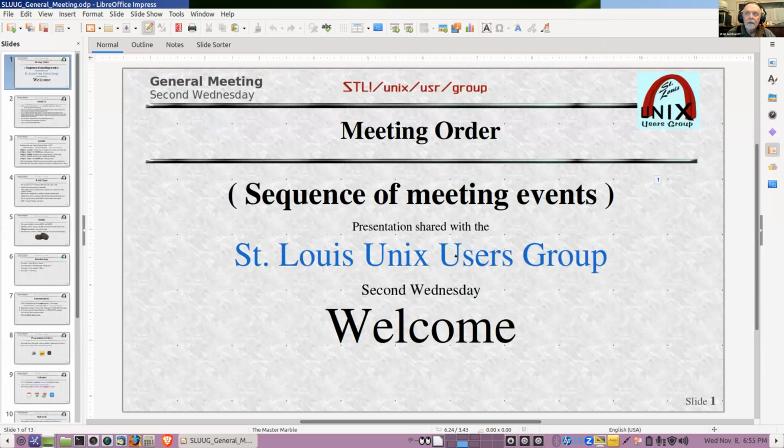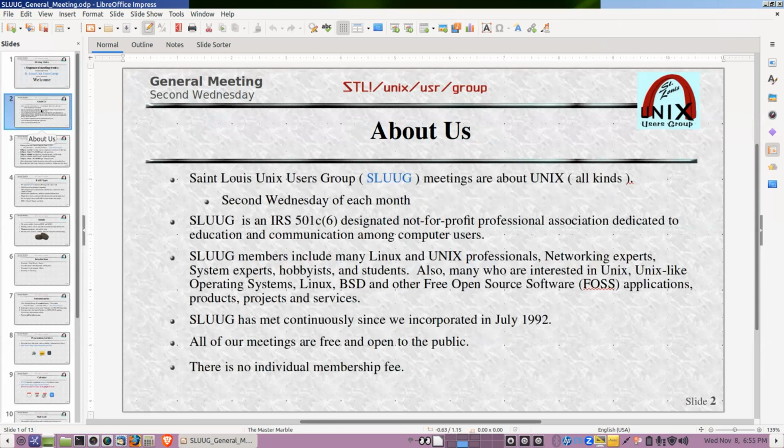we'll talk about the GUI middle part, the sequence of events for the St. Louis Unix Users Group normal meetings. It's about us. For anybody who doesn't know, we meet on the second Wednesday of each month. We're an IRS 501c6 designated not-for-profit professional association dedicated to education and communications for computer users.